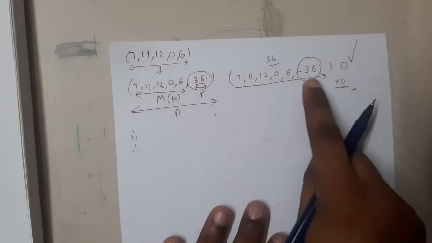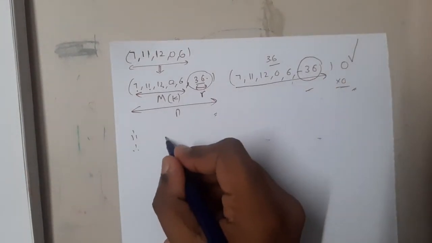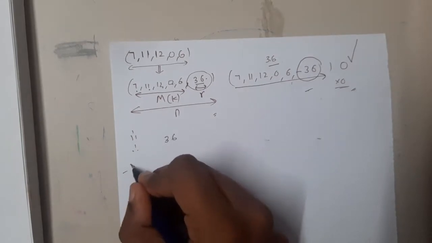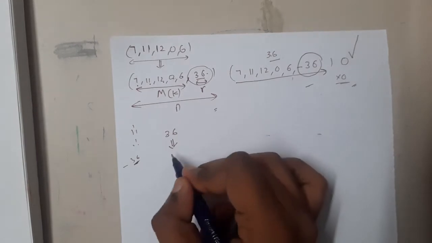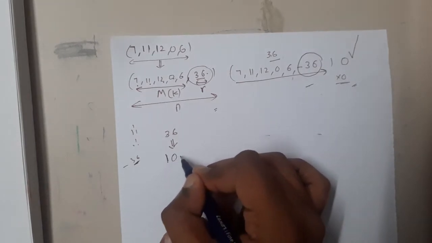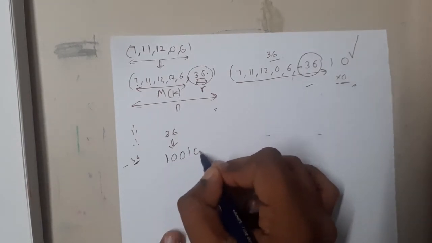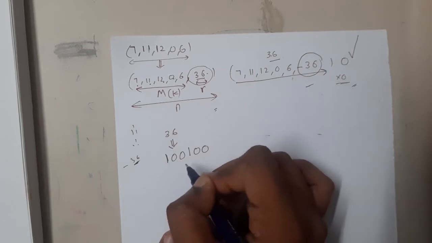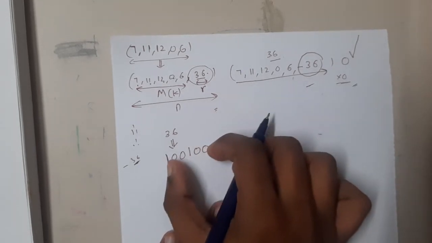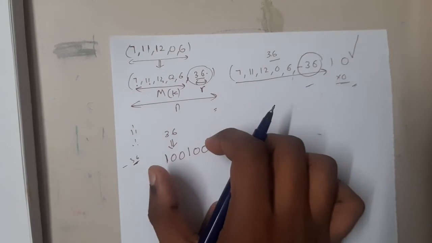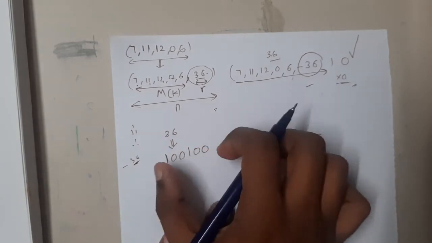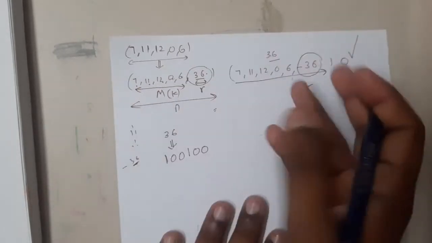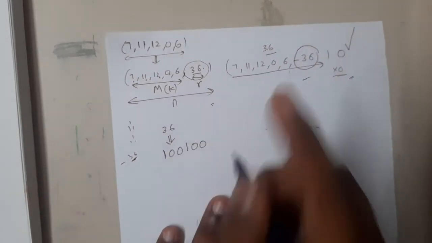So let us start. Our number is 36, and I want to represent minus 36. I will take this 36 and write it in binary representation. It is 1 0 0 1 0 0. I think everyone knows how to convert it. If you have any doubts, please watch the last few lectures in digital electronics, where I discussed how to convert binary numbers from one form to another and all those conversions.